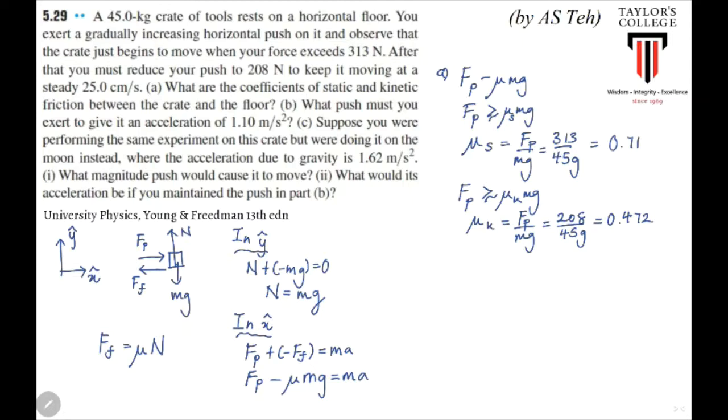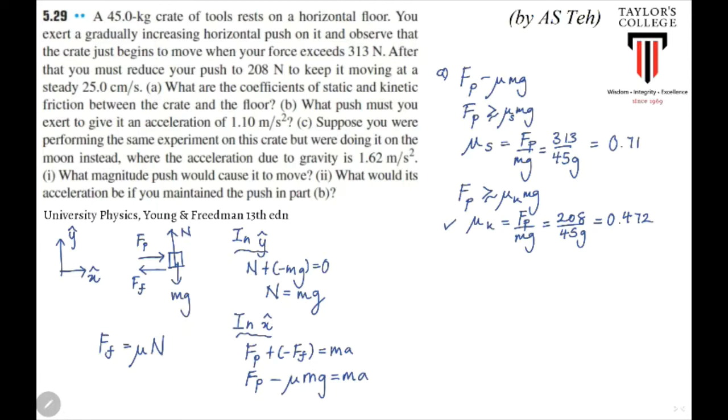Okay, let me emphasize a bit more. As I mentioned, mu s is the coefficient of friction that you use when the objects are stationary, not moving yet, while mu k is the coefficient of friction that you use when the object is moving. In this case, it's moving but at a steady velocity. So even in a situation where it has acceleration, you would still use the value of mu k here. Okay, so the next part of the question asks us to find